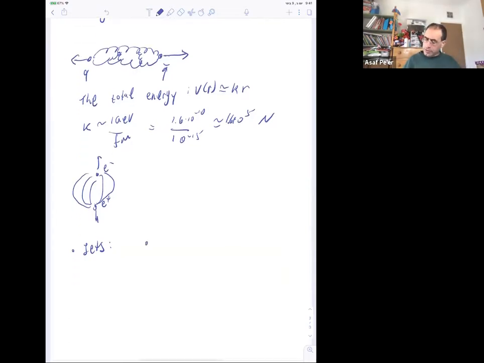A proton is made of 2 up quarks and 1 down quark, and they are glued together by these gluons. So the up quark will be kicked off,